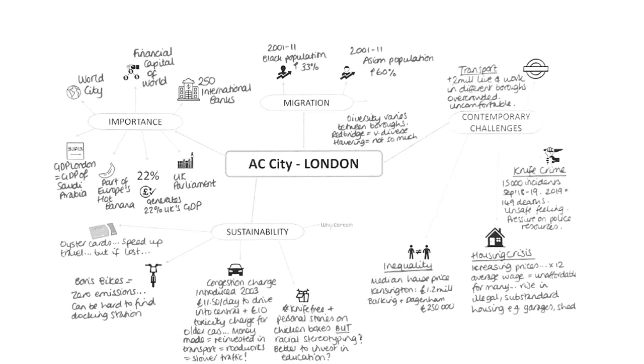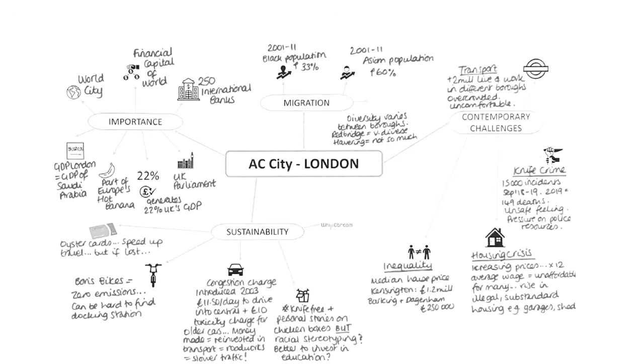So you can use a couple of examples for this, but you could use median house price in Kensington, 1.2 million, median house price in Barking and Dagenham, 250,000. So huge inequality between rich and poor, and in terms of standard of living and quality of life for the people at either end of that pay scale.